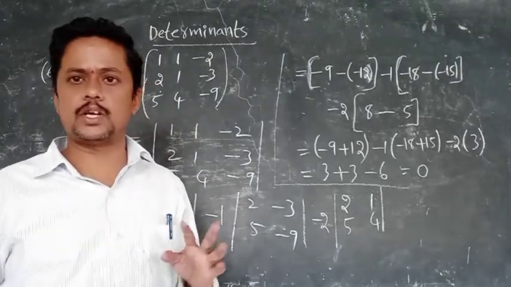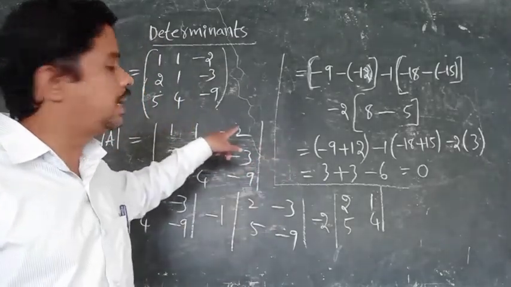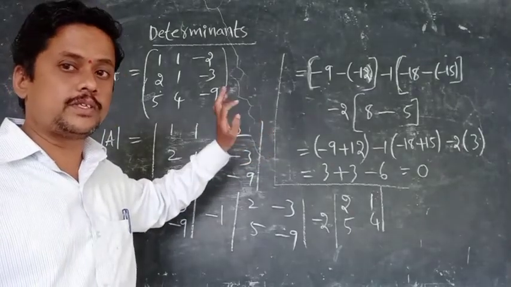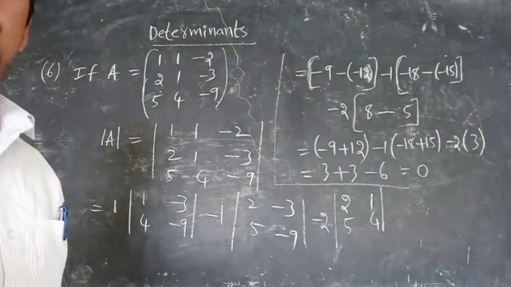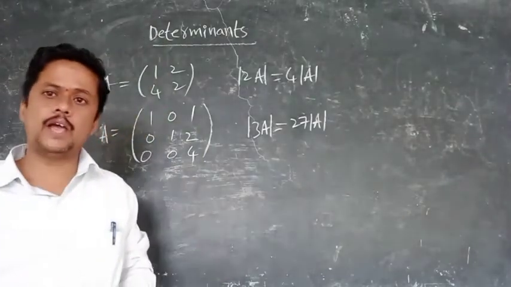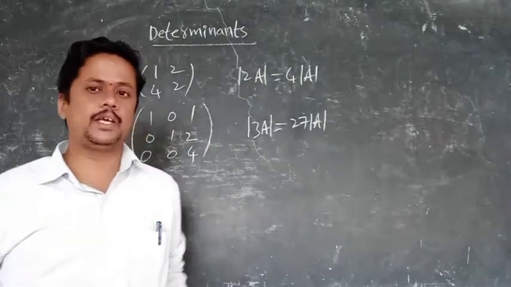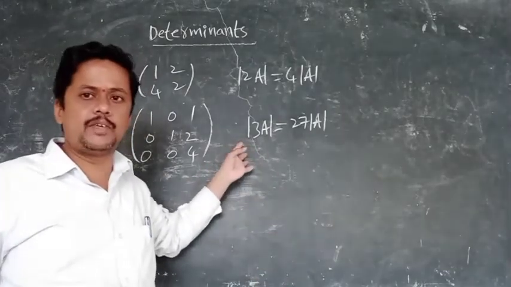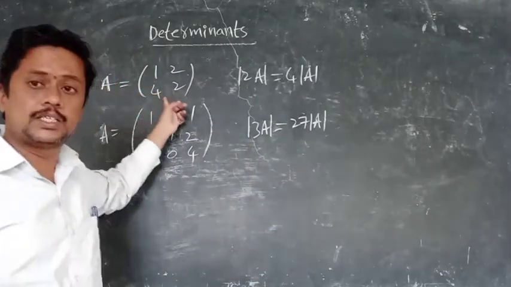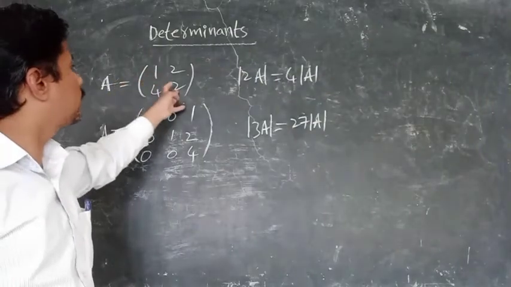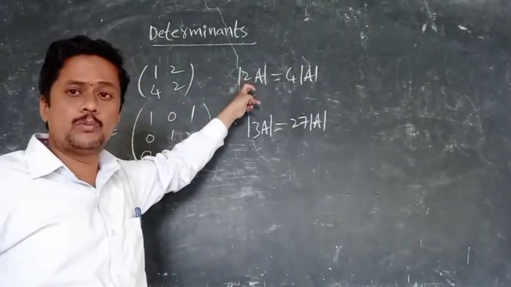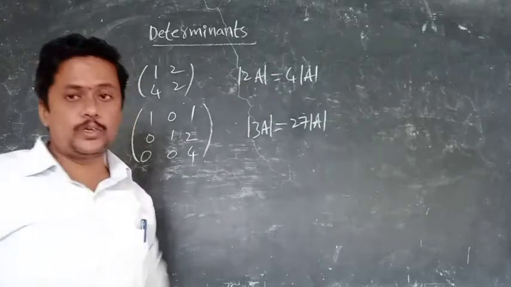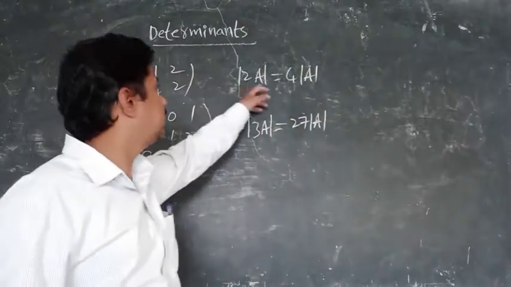My dear students, I will do some others also. I will do some 3-4 questions. See, check once again. See, I will tell you one CET technique. These two problems were already done in the previous video. A is equal to [1 2; 4 2], and we already proved that det 2A is equal to 4 into det A. They will ask directly: det 2A is equal to what?